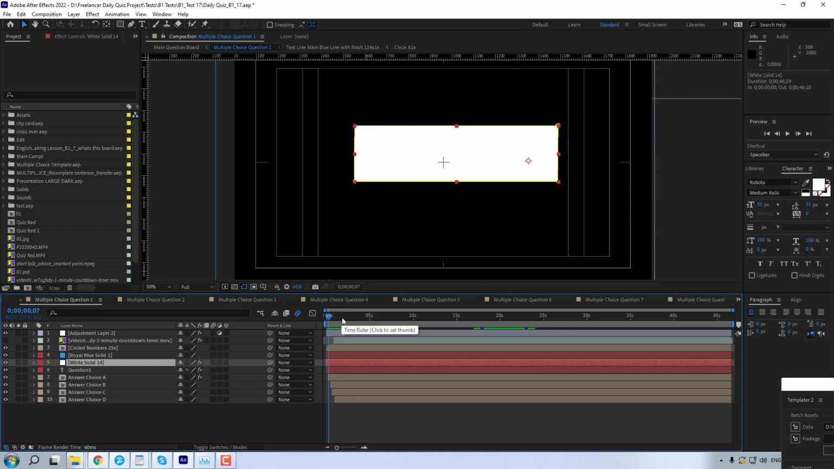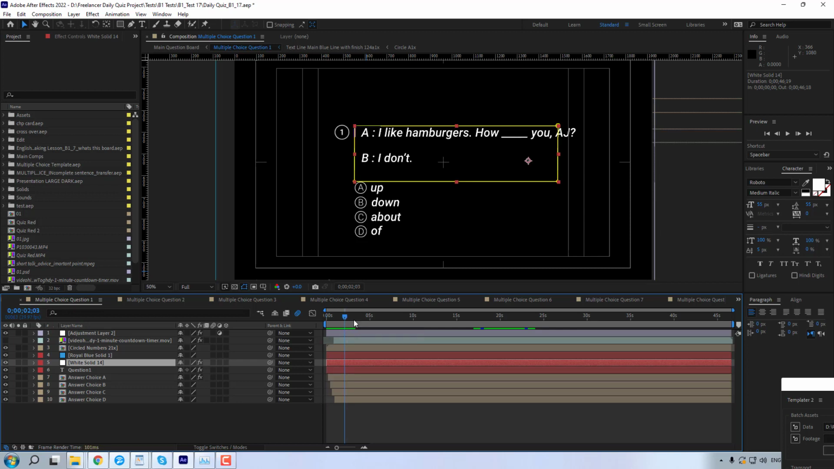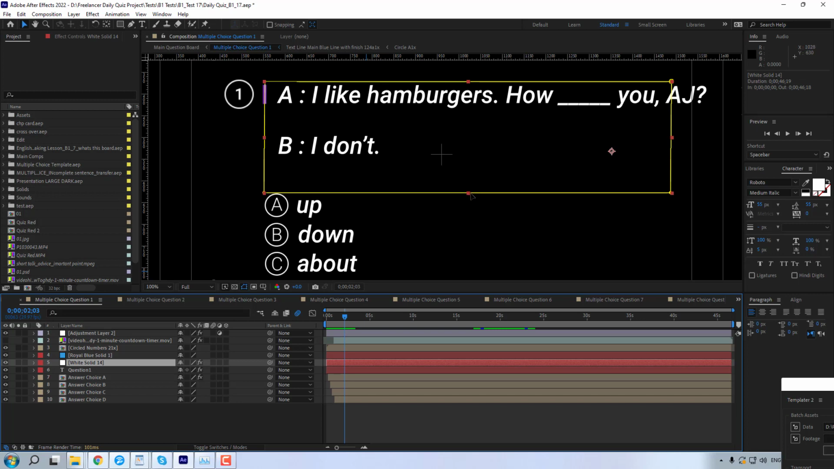It's actually easier if it's not. So click somewhere where it's not. Click on white solid here. And now we see the outline of that box. So what we're going to do is we're going to click